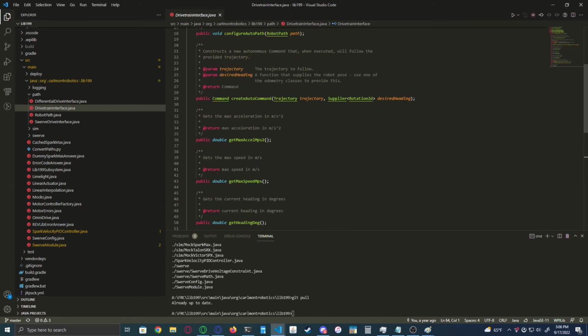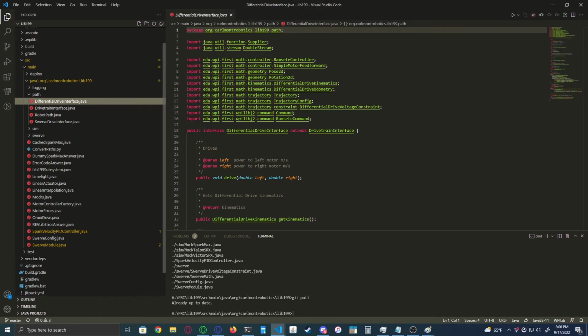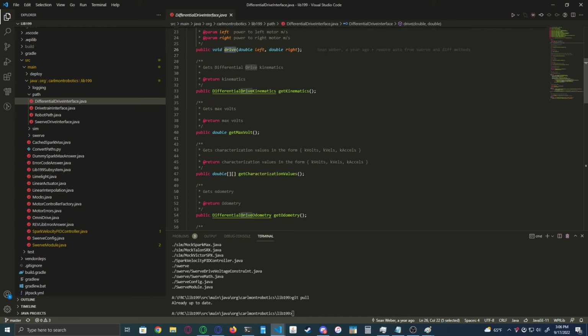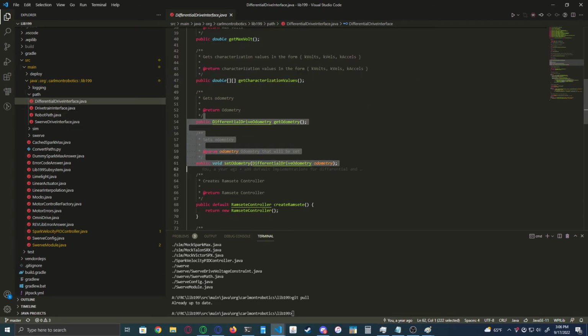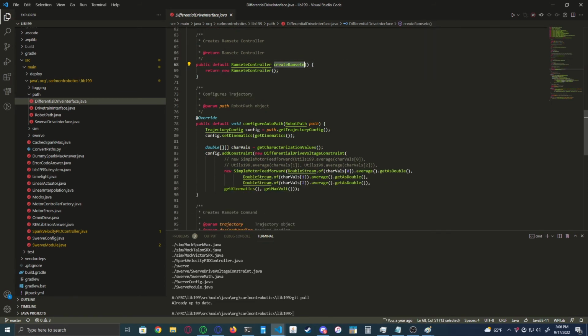However, there are two implementations of this that do things in a way which makes it easier to implement for their drivetrains. So like for a differential drive, you'll see that we expose a few more methods. If we have a method that we know will make it drive with a left speed and a right speed, and a method to get the kinematics, to get the max volts, to get characterization and all this,